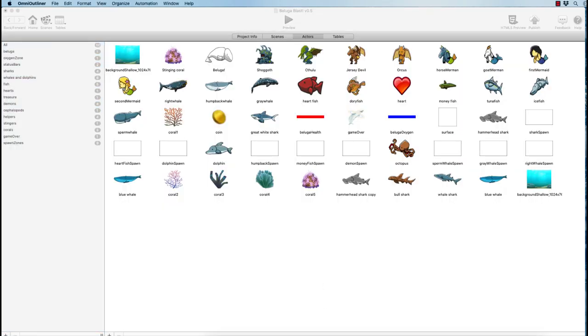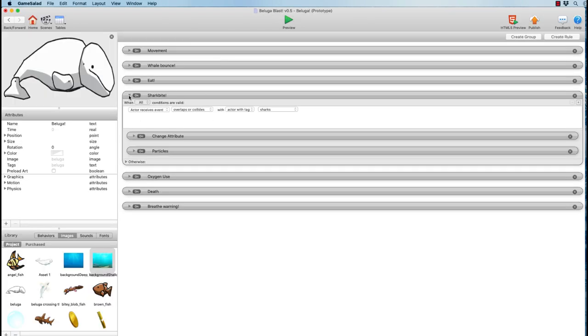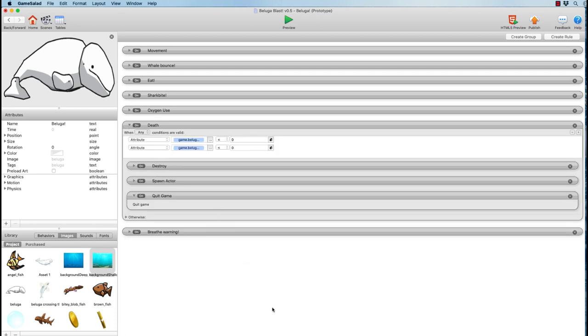The final topic I really wanted to cover today was the idea of comparisons. We have these great variables. We have a great global variable that we use for our beluga, and we use a comparison operation to decide when the game is over. So when the beluga dies, either of these two conditions, the beluga health or the beluga oxygen, being less than or equal to 0.